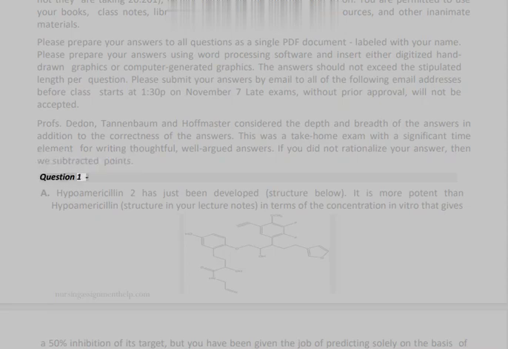Question 1. A. Hypoamaracillin 2 has just been developed, structure below. It is more potent than hypoamaracillin, structure in your lecture notes, in terms of the concentration in vitro that gives